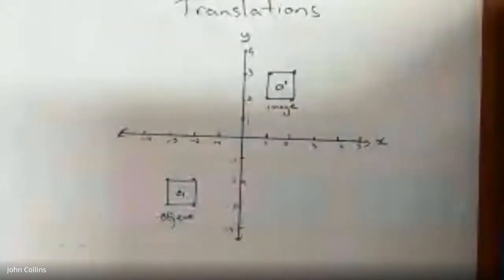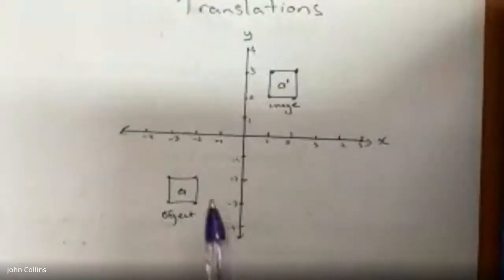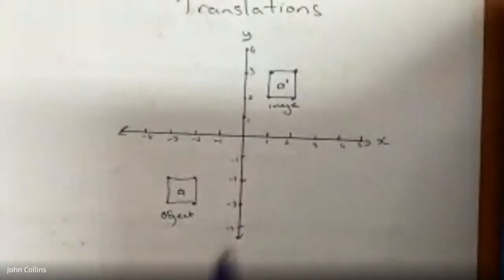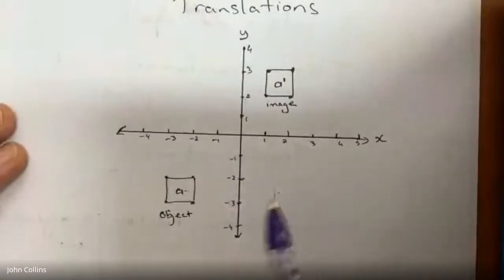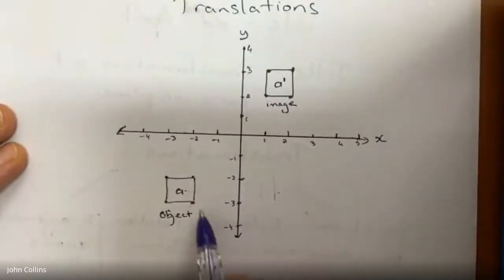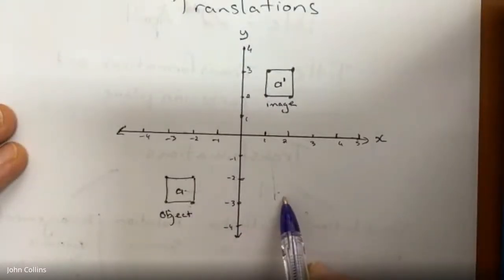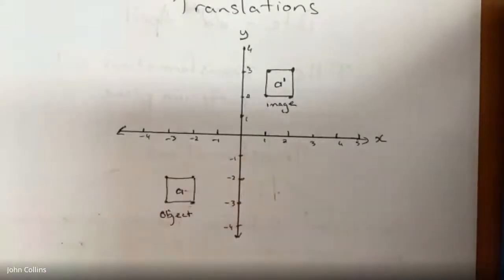All right. Okay, so the question here would be, what is the translation from the object to the image? How did I get from A to A dash? So I just need to use left, right, up, down here. So I've clearly gone that way for a bit, and then I've gone that way. Or I've gone up and right, one or the other. Okay? So if I'm going right and up,